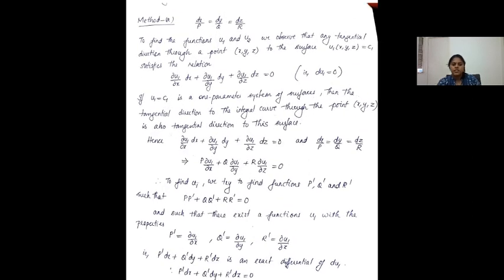So in the last lecture we have seen the methods you have already learned. The first is the variable separable method, then using substitution, then using multipliers. We will go into detail today on the method of multipliers. You are given the equation dx by p equal to dy by q equal to dz by r.